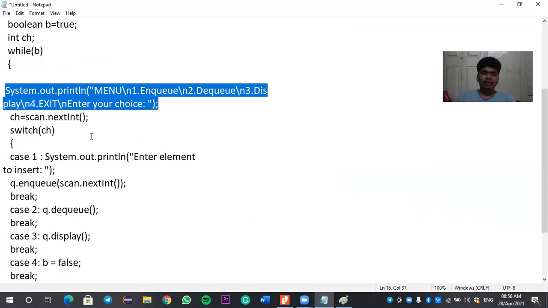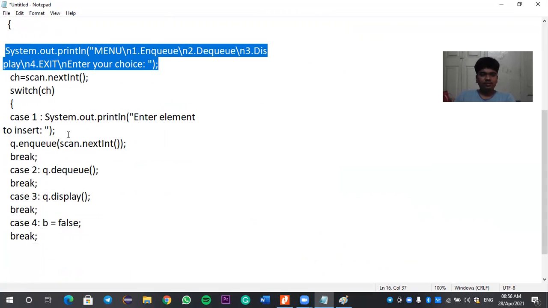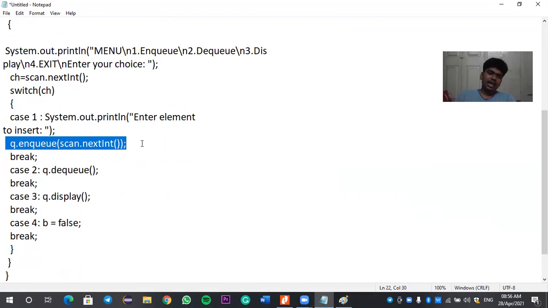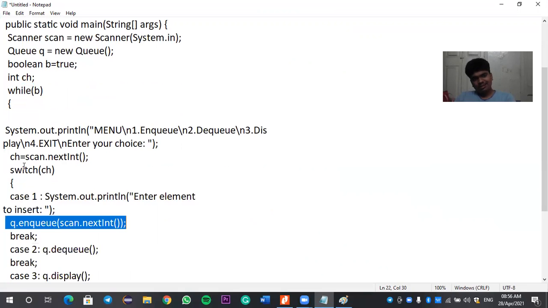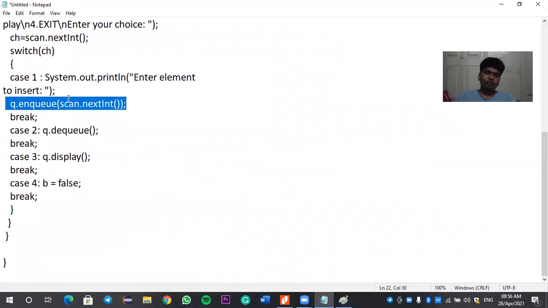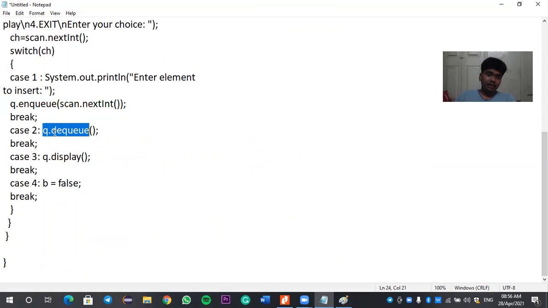So ch is equal to scan.nextInt. So if we just choose this first one, then it will give us a command like enter the element to be inserted. So directly we are just scanning this element into this enqueue function, as q is the object for this queue class. So it is q.enqueue, and we are just inserting the element. And for dequeue we don't need any element, and for case 3 display we don't need any element. And for exit we need to just change this b to false to just break the condition and come out of the loop.